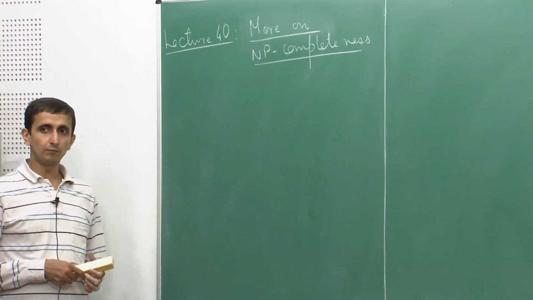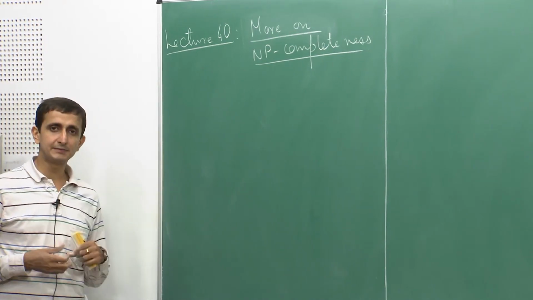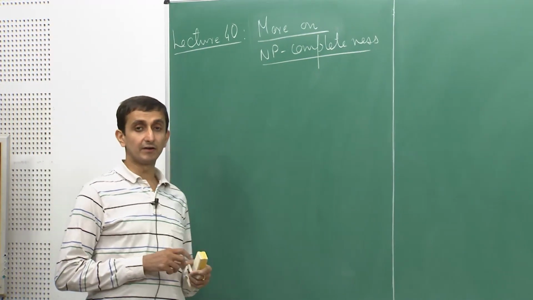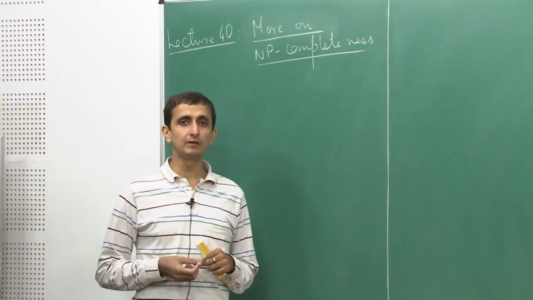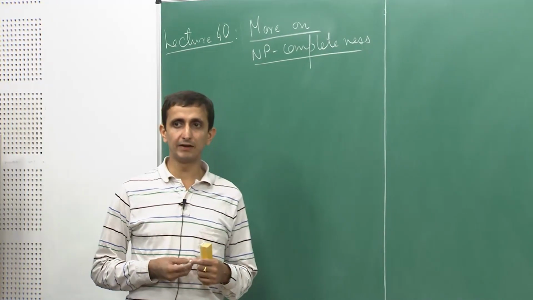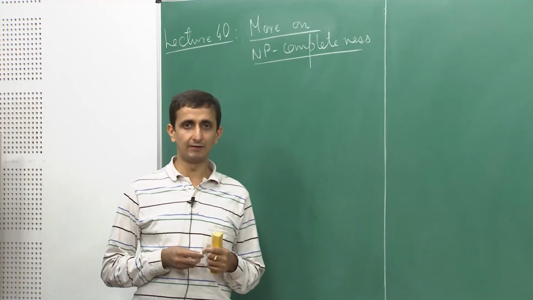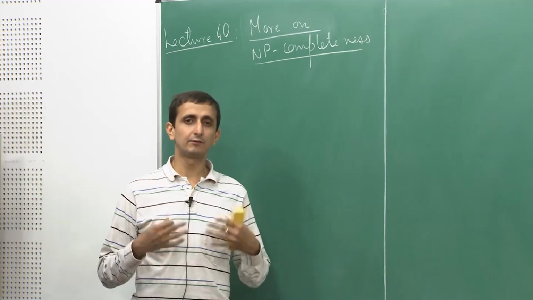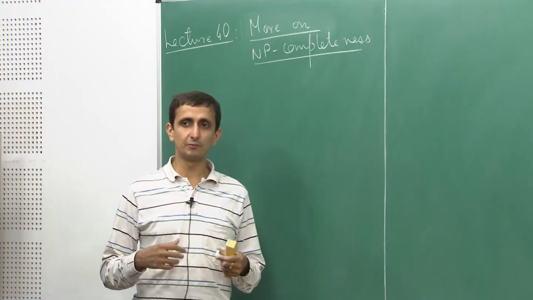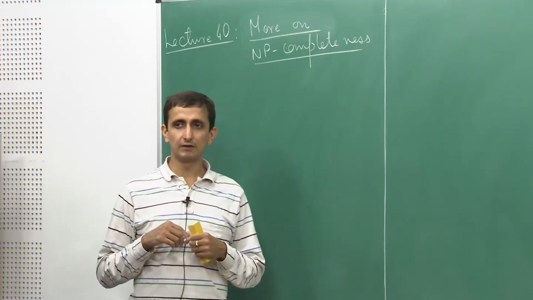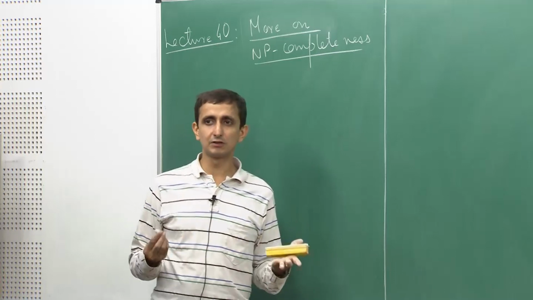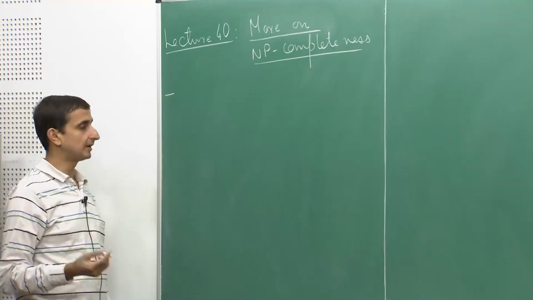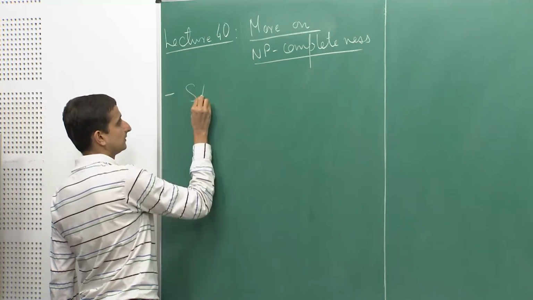So, last time we defined the problem SAT and the problem 3-SAT, and I mentioned that historically SAT was the first problem that was proven to be NP-complete due to Cook and Levin. So, this was in the 1970s. And thereafter there was a sequence of problems which were shown to be NP-complete by the use of reductions. So, 3-SAT was one of the problems. So, it was shown immediately after that SAT